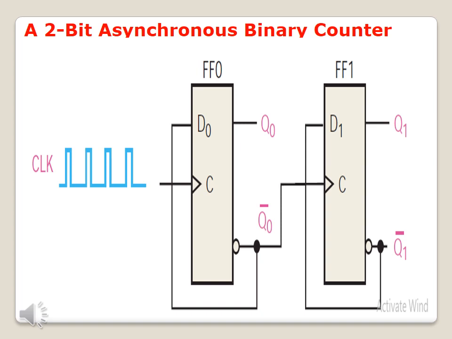For simplicity, we are using two flip-flops out of the many flip-flops available. D0 is there, then Q0 and Q0 bar. Next D1 is there, and Q1 bar. D1 is connected to the output. See this, it is easy only. Draw this diagram.